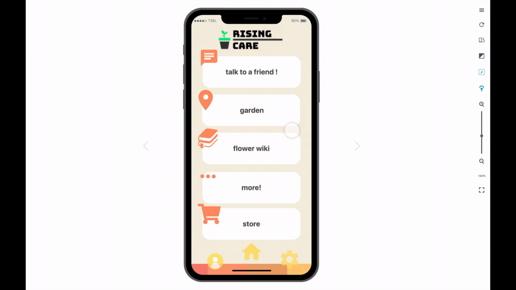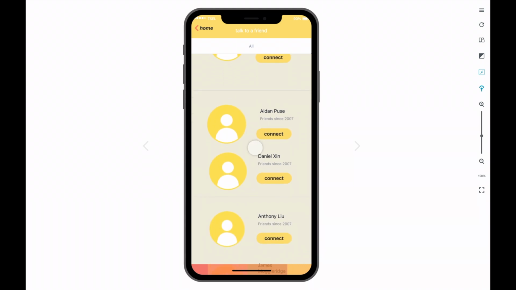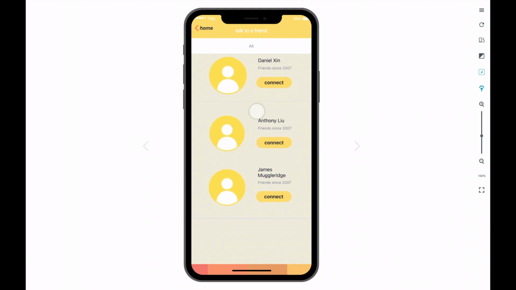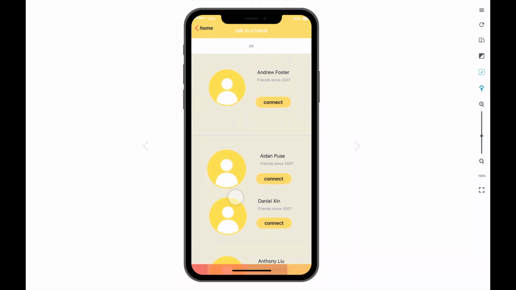We investigate the Friends button, where we can explore our friends list and have a chat with friends we've made through our visits. You can see how long you've been friends with someone, as well as your closest friends' details at the top. If we want to have a chat with a particular friend, we can tap the Connect button,